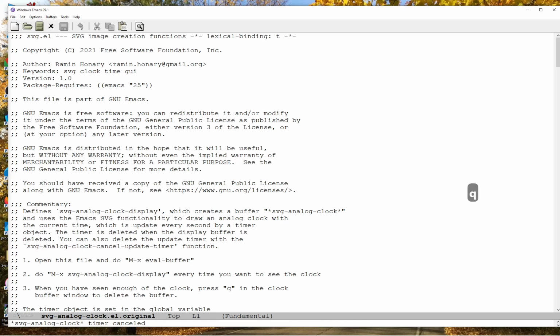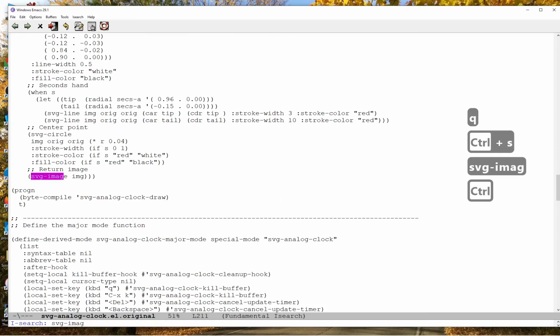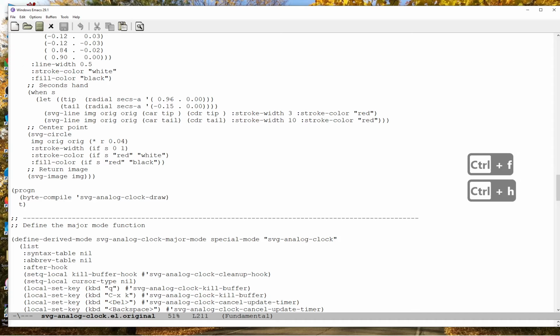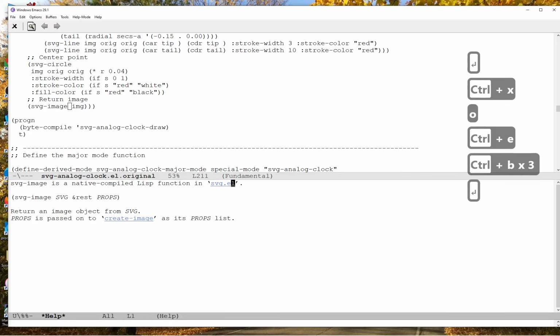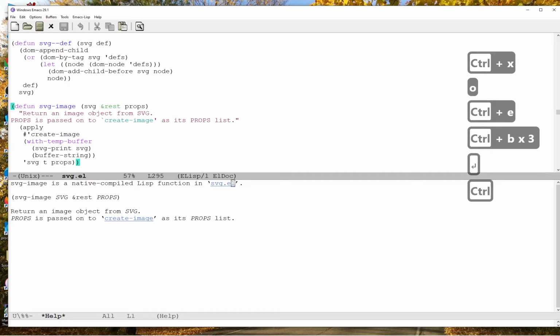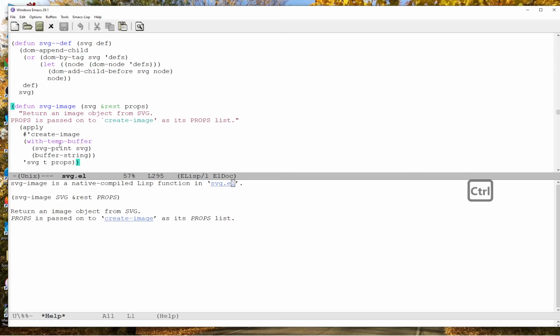It turns out when we create the image object itself, we call SVG image, which you can see the source code of here, and it's simply calling create-image with the actual text of the image and saying that it's an image of type SVG. And when you create it, there's a rest argument for the properties, and it's just passing the rest of the properties on to create-image. And if you look at create-image,